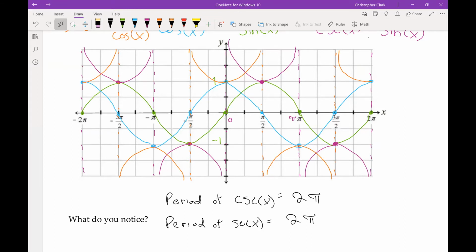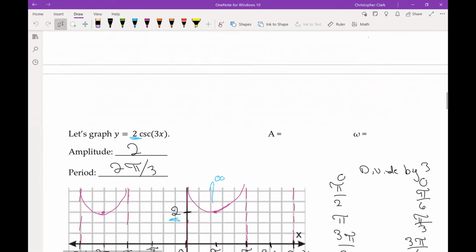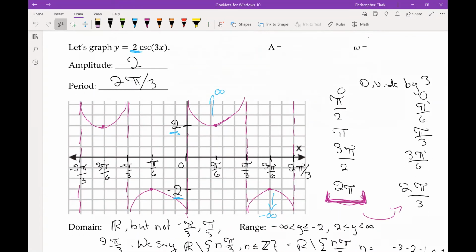So it's best to think about a period as how long it takes for it to complete a full cycle, not necessarily back to the same starting point, though that sometimes can be the case, right? I'm just saying that we have to be careful. There might be some instances in which those aren't perfect, so it's best to think of it as a full cycle. So the first thing we did was we jumped over here and we had an equation y equals 2